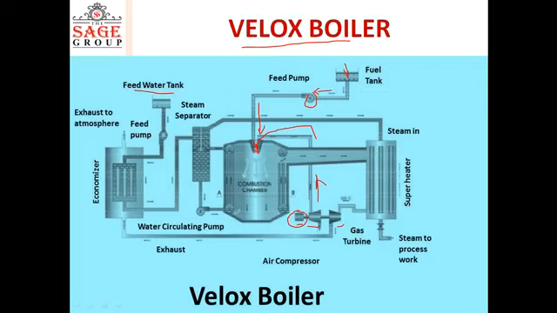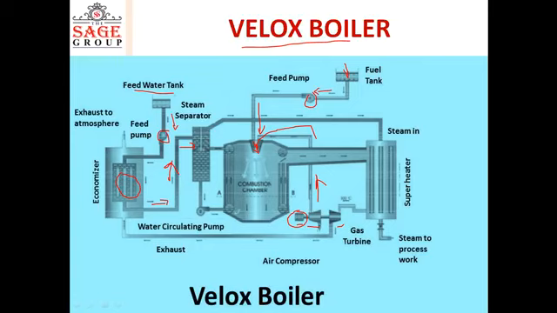Now on this left side, you can see there is a feed water tank. From it, water will come. There is a feed pump. The feed pump will take the feed water, then this feed water will pass through this economizer section. From the economizer section, the water will follow this passage, then pass through this passage, and then enter the steam separating drum here. So water is coming from this feed water tank, passing through the economizer, and then entering the steam separating drum.